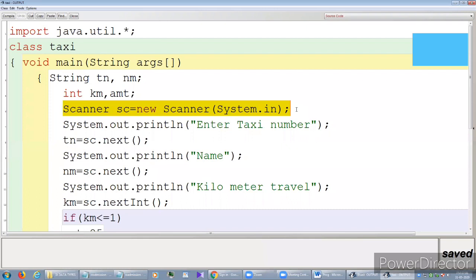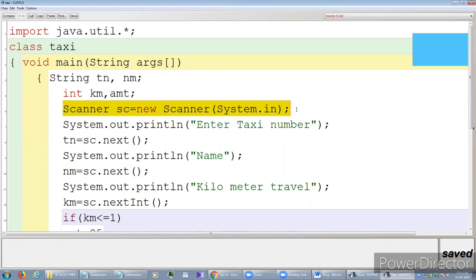And here, after compilation of this program, we directly reach the terminal window. There we have to give the input and we'll get the result. So Scanner sc = new Scanner(System.in), System.out.println, enter the taxi number.